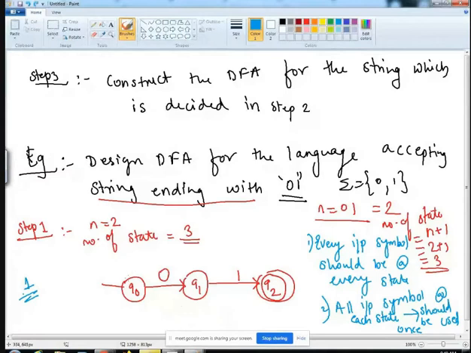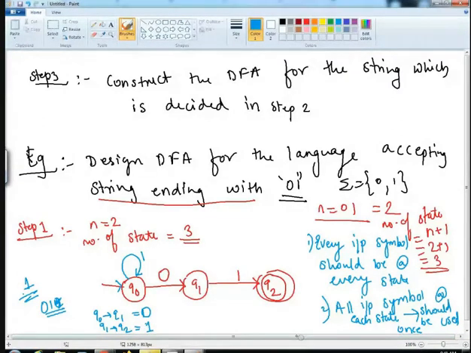So what I can do is make a loop over here with 1. With this, what will happen? If I give 0 1 as an input to this machine, the machine will move from Q0 to Q1 with 0, and from Q1 to Q2 with 1, and it will go to Q2, which is the final state.